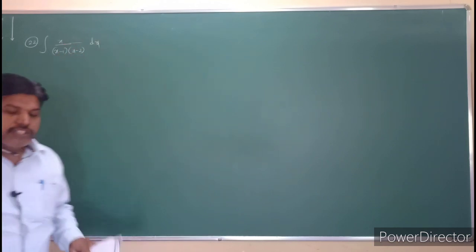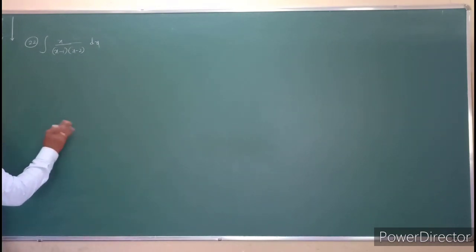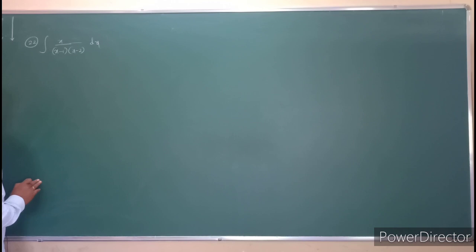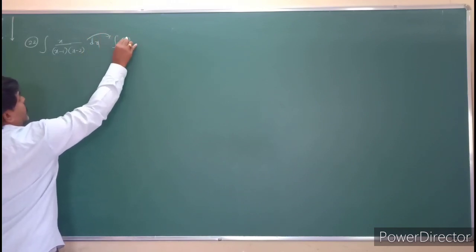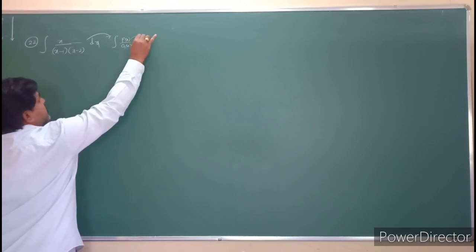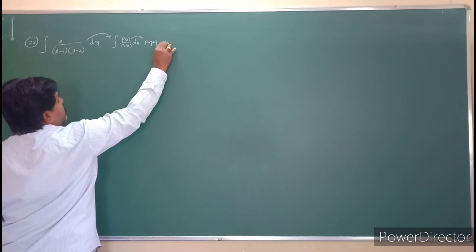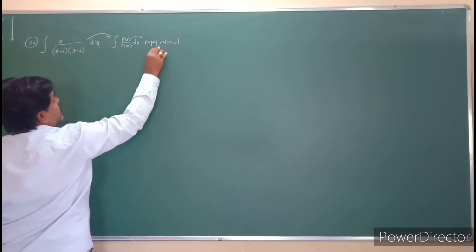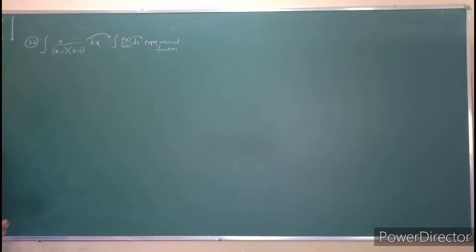Integral of x by x minus 1 into x minus 2 into dx. So start that one first. What will we write? It is in the form of integral of p of x by q of x into dx. So what is this? It is a proper rational function. So for a proper rational function, what will we do? So take the